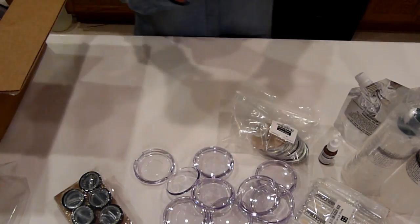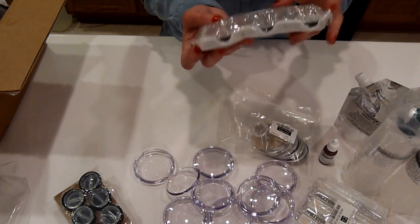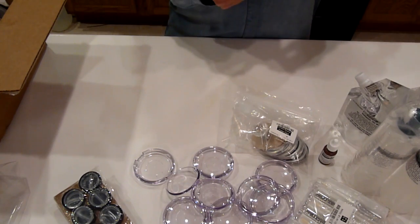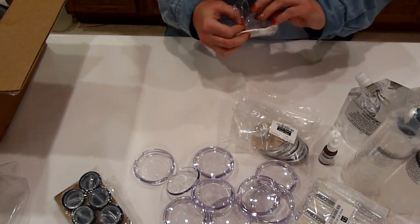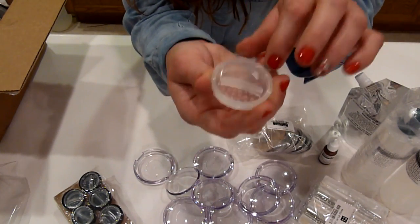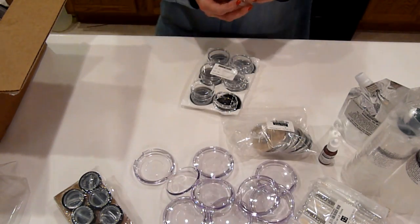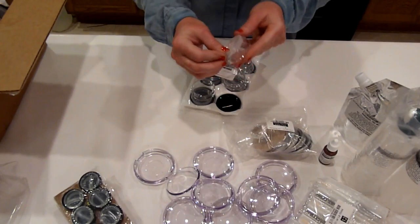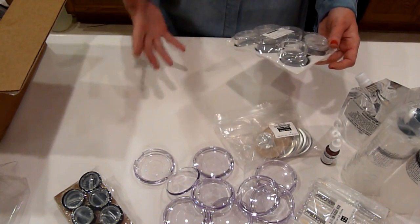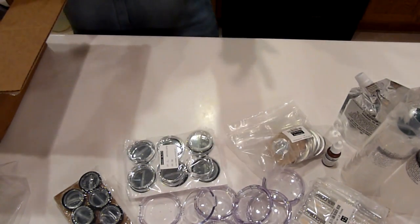All right, and then I got also the 20-gram containers, also with the rotating sifter. And this rotating sifter is even better because it's got the little holes. So even more control over how much comes out. So yeah, those will be nice for a finishing powder, the base powder, like the actual makeup powder, or a blush,